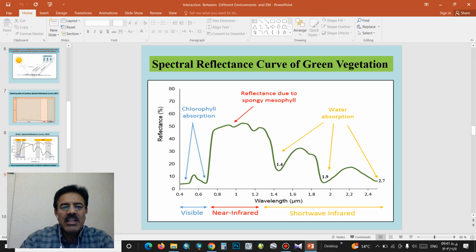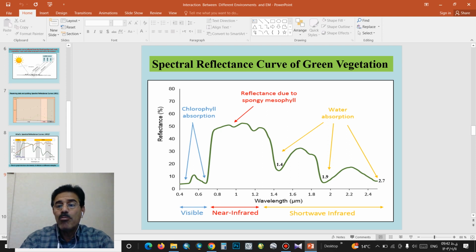Negative peak in the visible area: chlorophyll absorption. In NIR or near infrared, reflectance is due to spongy mesophyll, and there are three negative peaks in shortwave infrared,